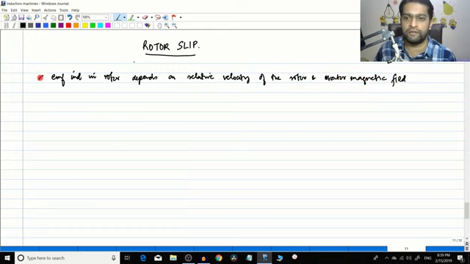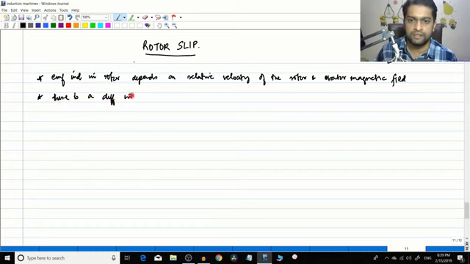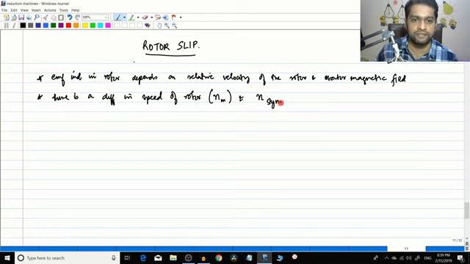So this was the point where we started our explanation, and then we saw that the speed of the rotor and the speed of the rotating magnetic field will be a little bit different. So there is a difference in the speed of the rotor. From now on we will call the speed of the rotor Nm, and the synchronous speed Nc. So there is a speed difference. This difference between the synchronous speed and the rotor speed is called the slip speed.